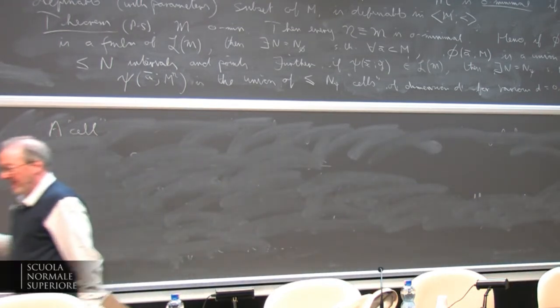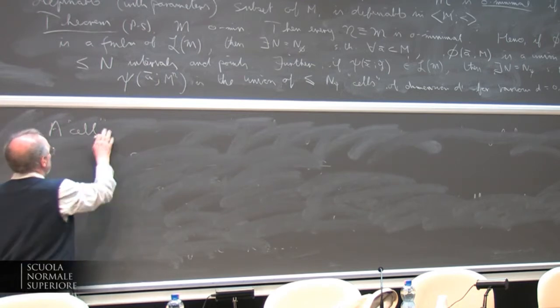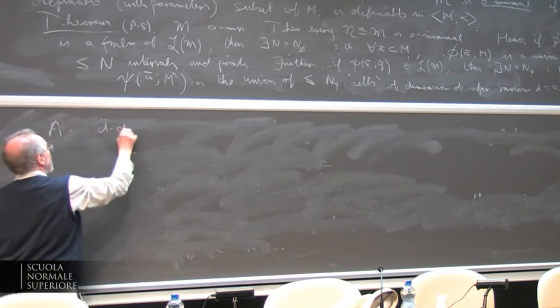For d equals 0, a cell is just a point. A zero cell is just a point. For d equals 1, it's a sort of interval. So a cell, a d-dimensional cell,